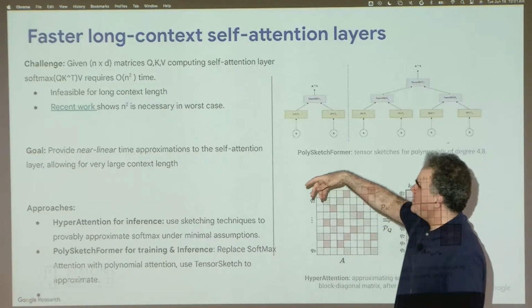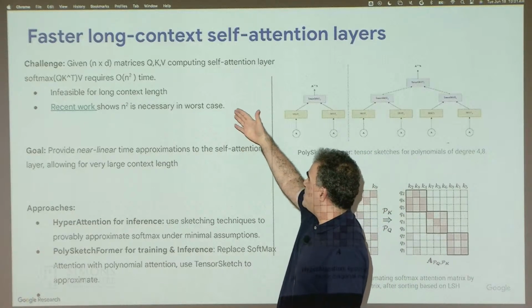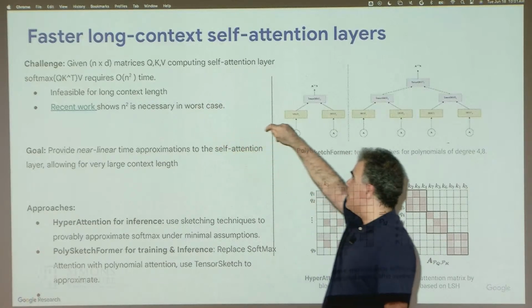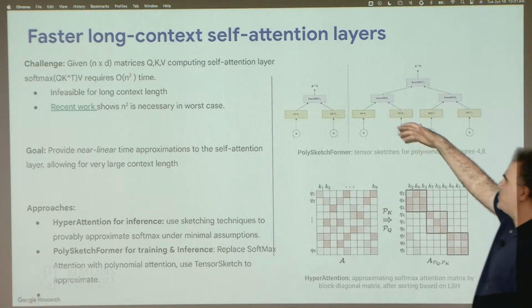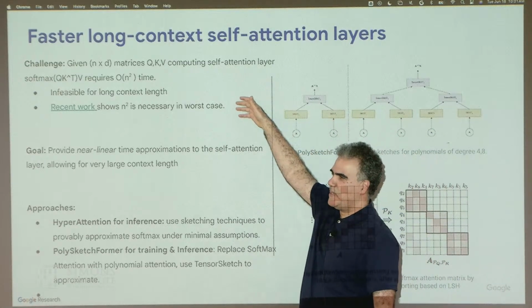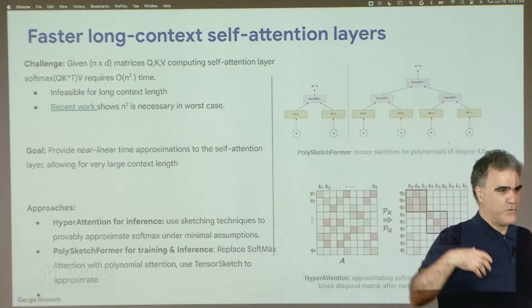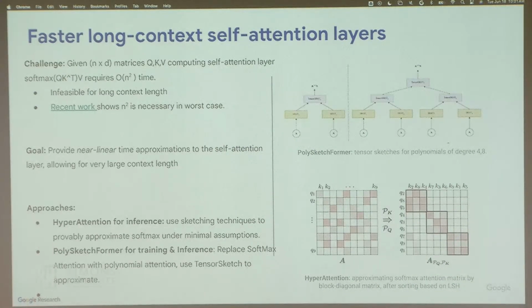The story here is that attention, as it's implemented, is quadratic time as a function of the length of the context for the LLMs. Soon after we started looking at this with Raj, we had some observation that it's not possible to get a sub-quadratic time algorithm, but then we saw the paper on arXiv